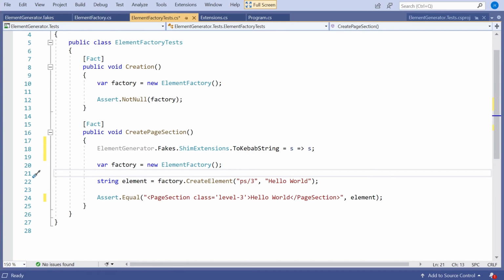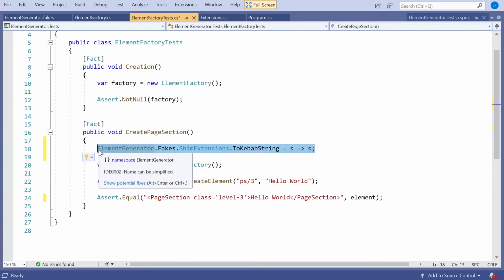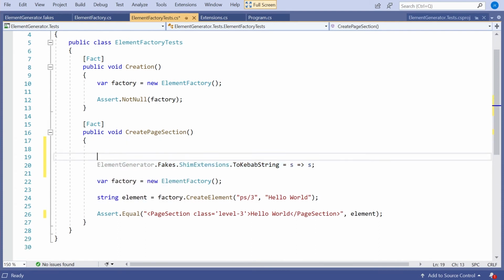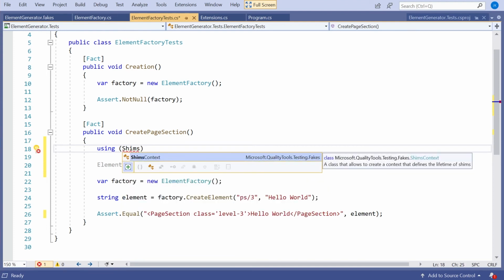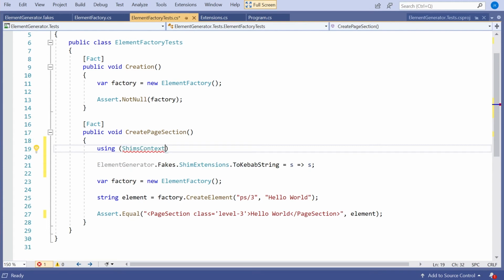One other thing we've got to do, because we haven't really defined the scope for which our toKebab should behave like that. So what we do is this. We will say using, and then we say shim's context, which you can see comes from the Microsoft library, so that's not something generated specifically for our library, that's what's always there.